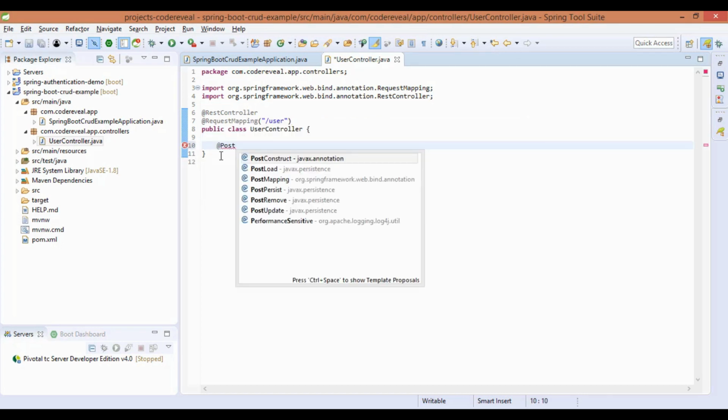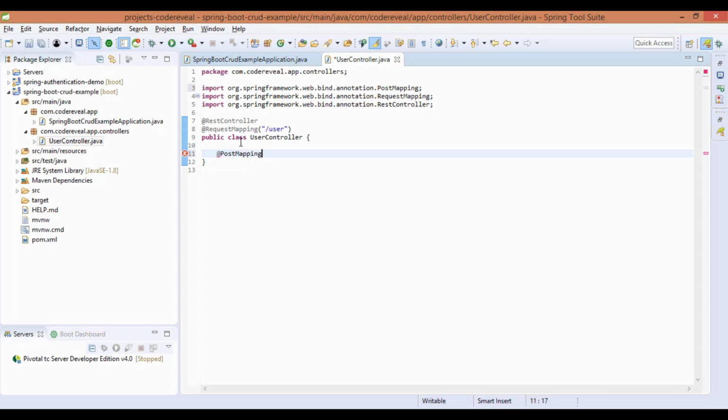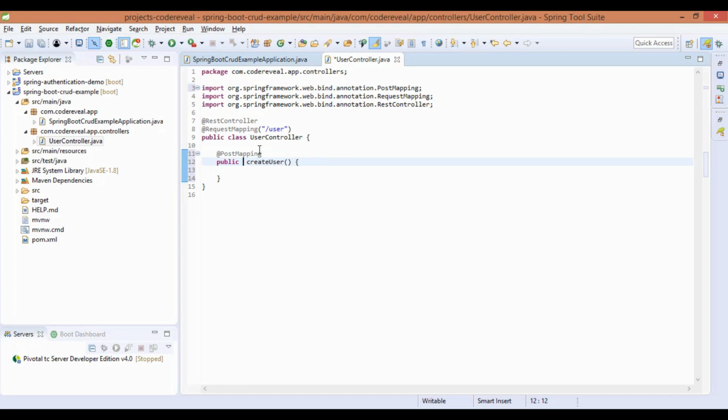Now I'm going to create the first method, which is for creating the record. We annotate it with PostMapping, and this is the method we are going to create, the user method, that will return the ResponseEntity. In the ResponseEntity it will return the status and the object, the user object basically.